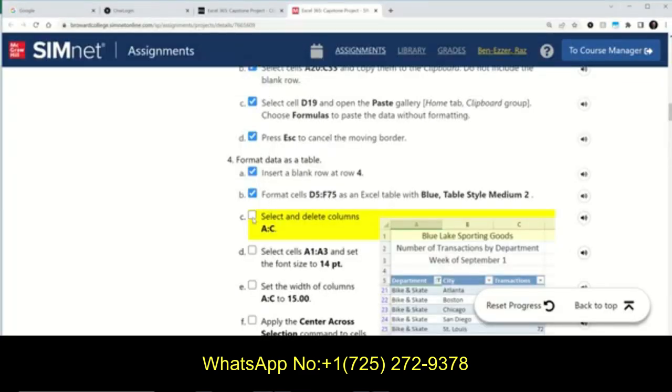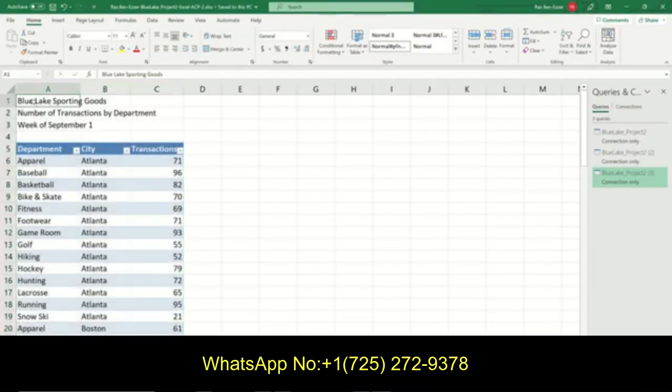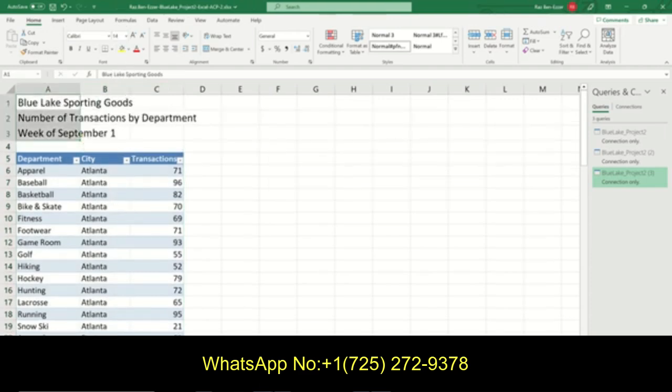Next, select the cells. Now they want them to look nice and centered and everything. Select cells A1 through A3. Change the font to 14. So A1 through A3. Change the font size to 14. Next,